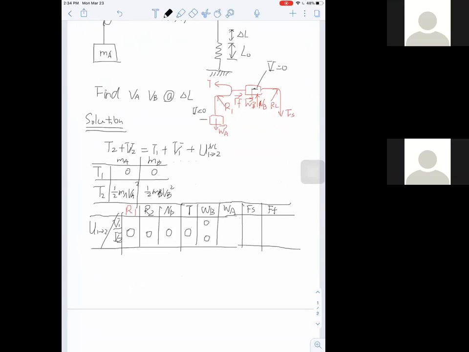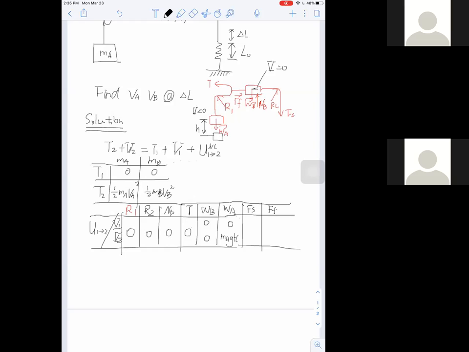And then at position 2, it will drop to a new position, called H. We don't know what H is. Therefore, we can write that at least we know V1 is 0. At V2, that equals MAG